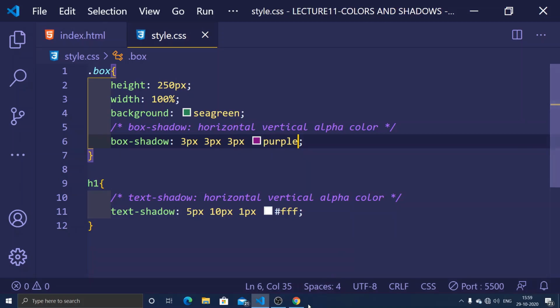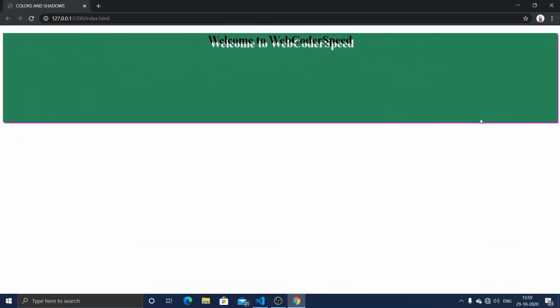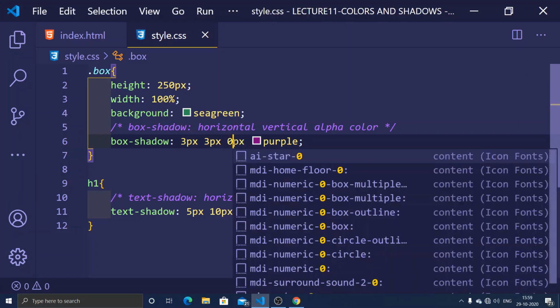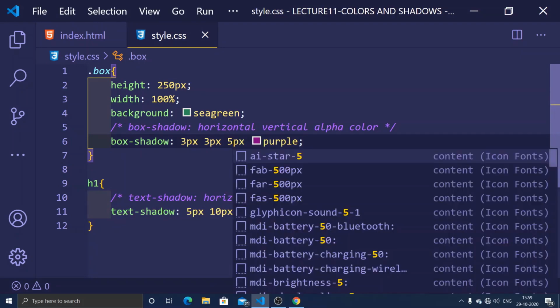And now you can see in my web browser that the shadow is applied to my box. Let me show it to you by zooming in. You can see over here that the shadow is applied to it, and I have also given it blurriness. If I give it 0, you can see it is completely dark, with no blurriness. It doesn't look good. If I give it blurriness, then it looks good. You can see how good it looks.